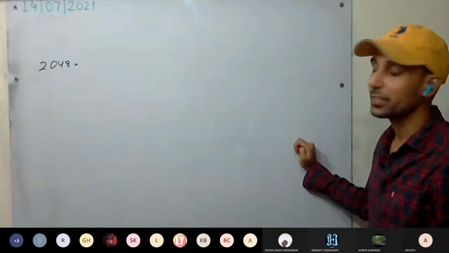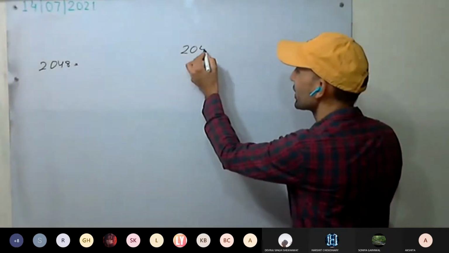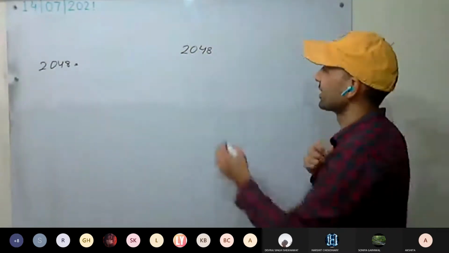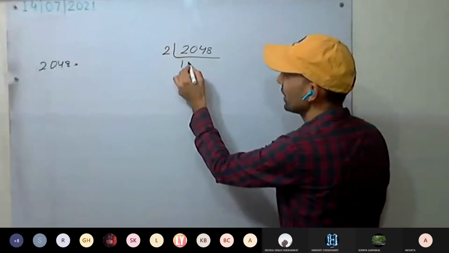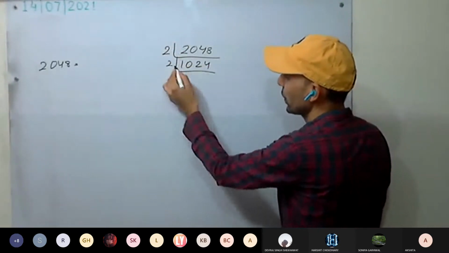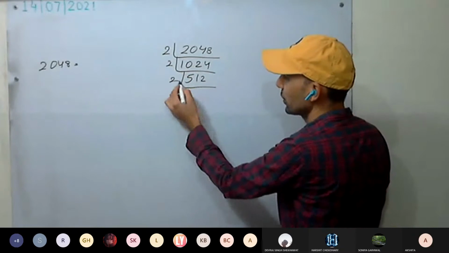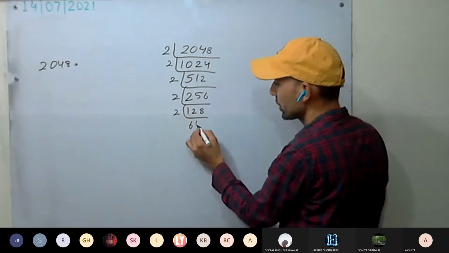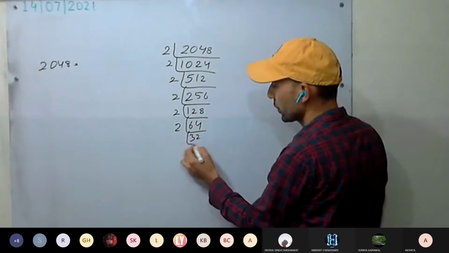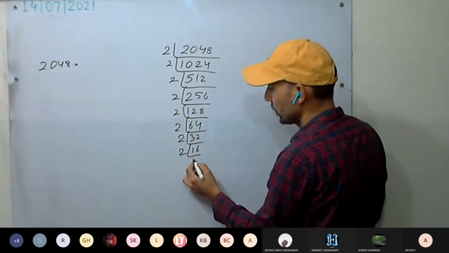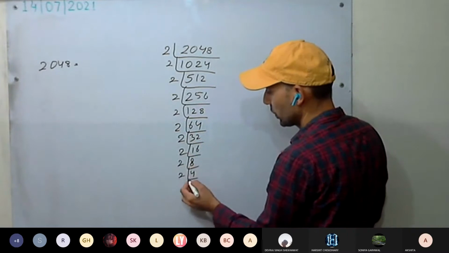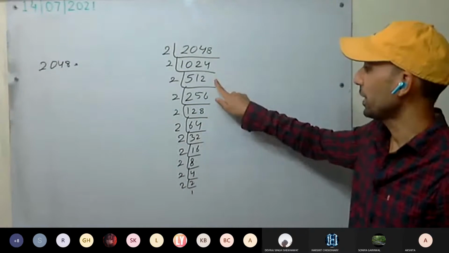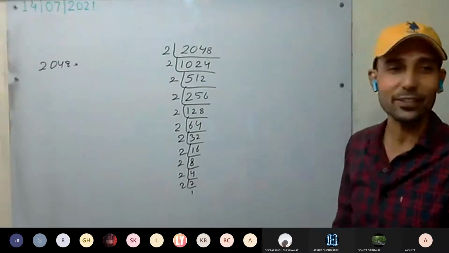1024. See here, it is a nice series. Do you remember something? If I add GB here, how many TBs will it be? 2 TB. Keep dividing. 2 1024, 2 512, 2 256, 2 128, 2 64, 2 32, 2 16, 2 8, 2 4, 2 2, 2 1. 2 TB, 1 GB, half GB, 1/4 GB, 1/8 GB. Yes or no?